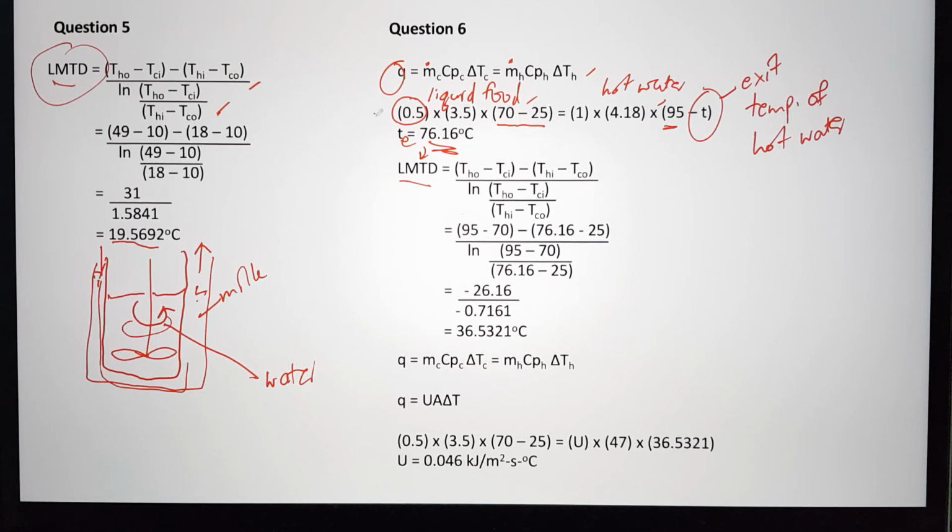So the first step is to obtain the exit temperature. The second step is to get the value of LMTD. Calculate the LMTD by using the counter current equation, because it has been given in the problem statement that the fluid is flowing